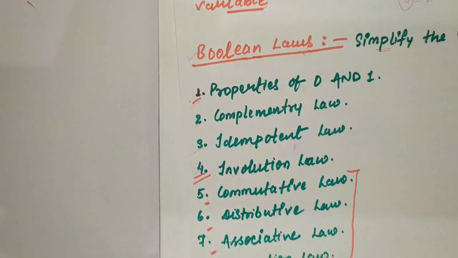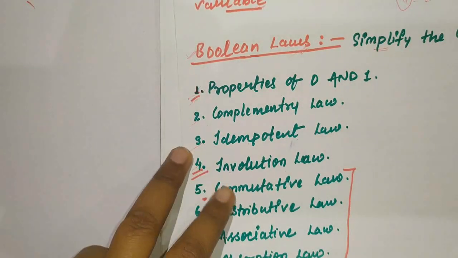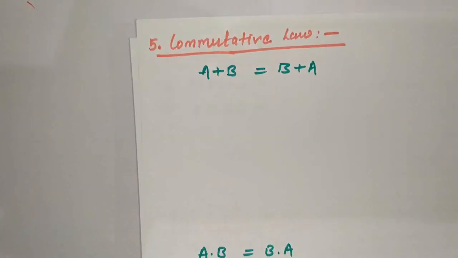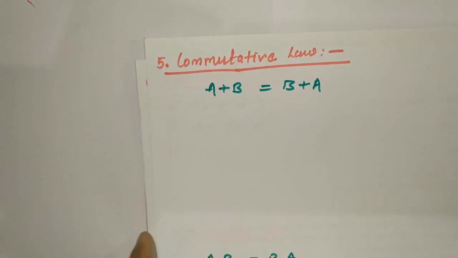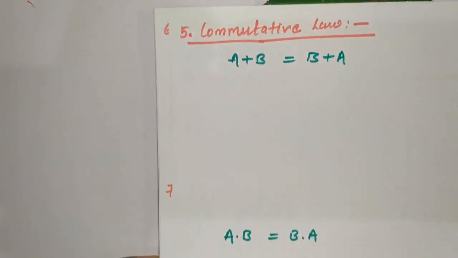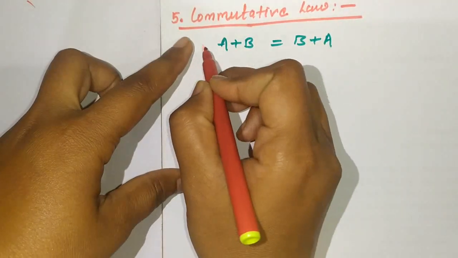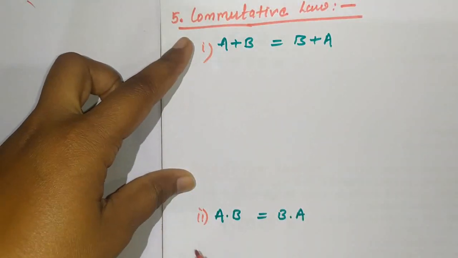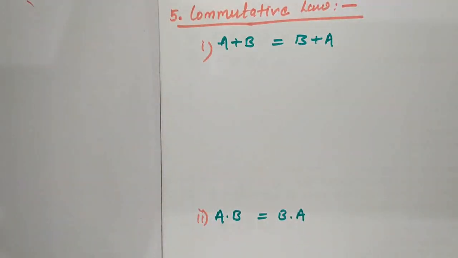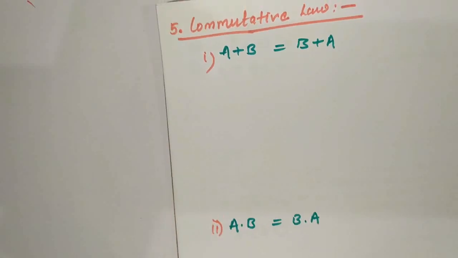So the fifth law of Boolean algebra is commutative. Here is the commutative law. Here I have written the 2 laws. These are the commutative laws. This is the first law of commutative, and this is the second law of commutative. Let's prove this law. Here, if